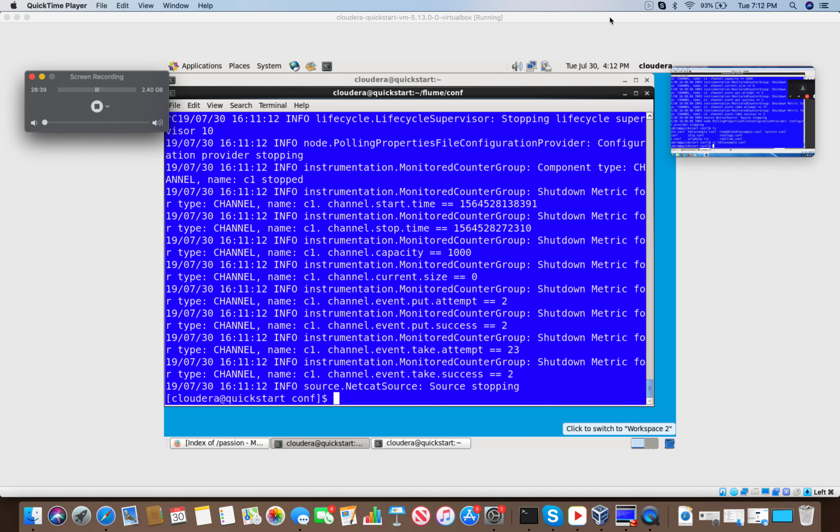Right? Alright, now we are going to use another configuration file and it is already there, and what we are going to do is please open hdfsexample.conf, which is